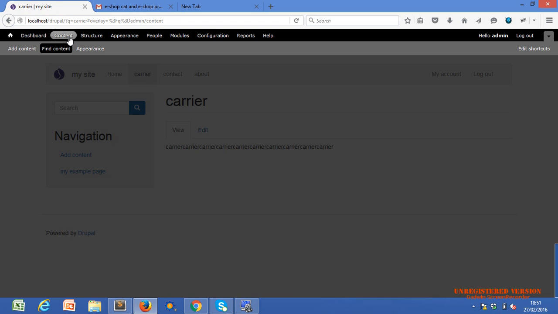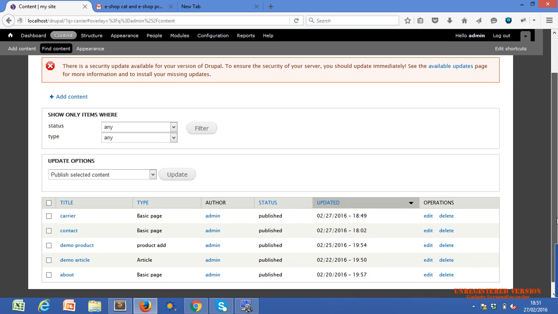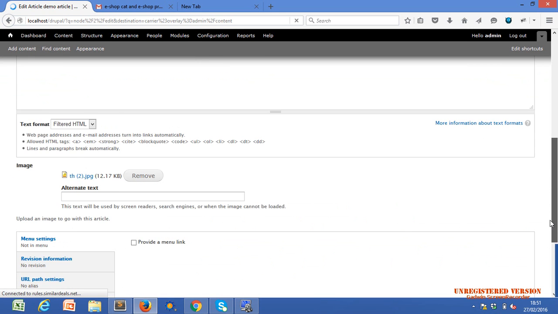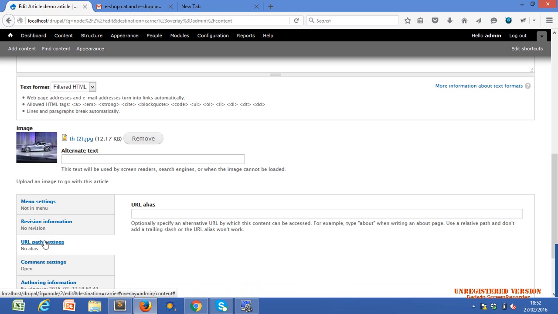Yeah. Just edit this. No, no, no, that content. We get the list of our content and just click on edit. Within the edit, you will get an option at the bottom, the URL path settings. You can put an alias for that particular page.